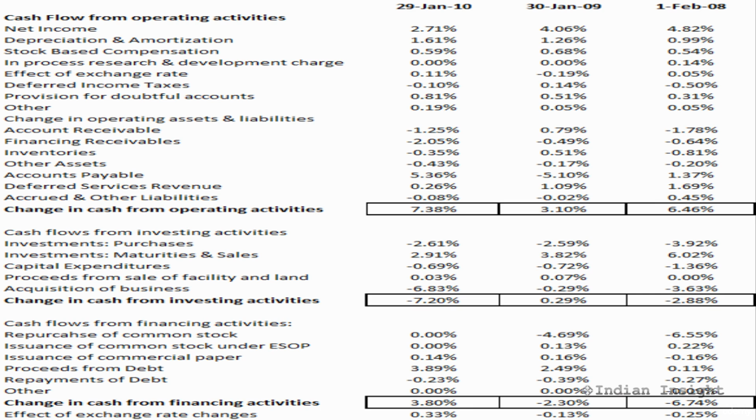Now we have shown here a hypothetical company and its cash flow expressed as a percentage of net revenue for a period of 3 years. Let's see what conclusions can be drawn by looking at this. So for example, here we see that the depreciation and amortization expense is less than 2% of the total net revenue in the year 2010. However, as a percentage of total revenue, it has been increasing each year, and in the year ending 29 January 2010, adding this expense back to determine operating cash flow has a significant impact on the cash flow from operations as a percentage of total revenue, because its size was approximately 60% of the net profit margin.